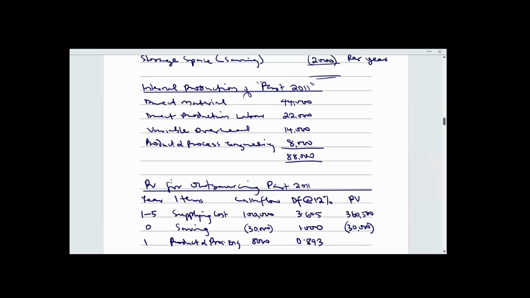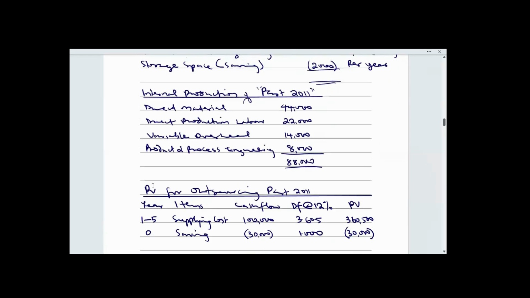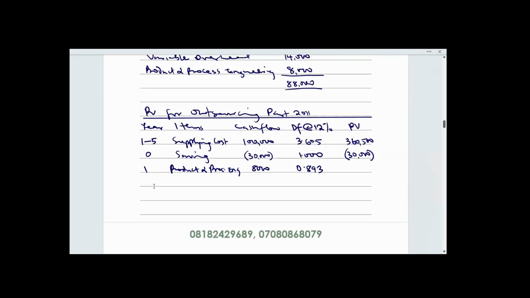Next one, or the last one, under outsourcing is storage space. There's a saving under storage space of 2,000 naira per year. So again, there's another saving. Let me just put storage, so that it is different from the first saving. 2,000 naira. Since the examiner did not tell you whether it is for year 1 or year 2, it is on the basis of the contract, and the contract is for 5 years. So year 1 to 5,